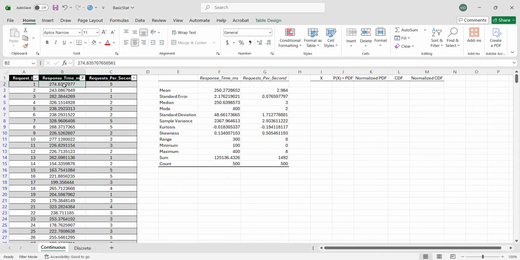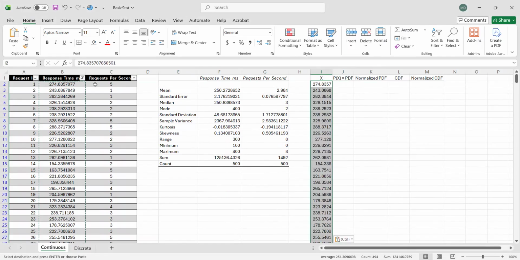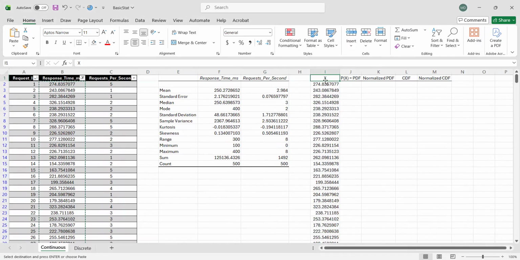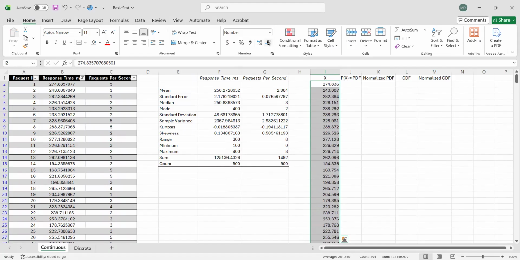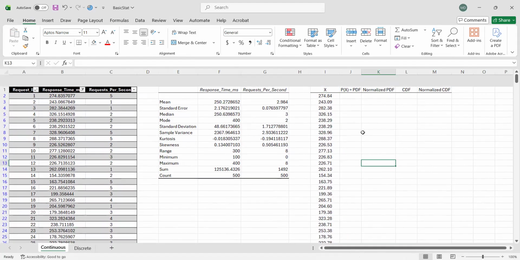Instead, we copy the actual values here. That's when we do normal distribution. So we copy the actual values as the values of our x or our observations. Okay, we can minimize the decimal points to make them look more presentable. Okay, so it's up to you.